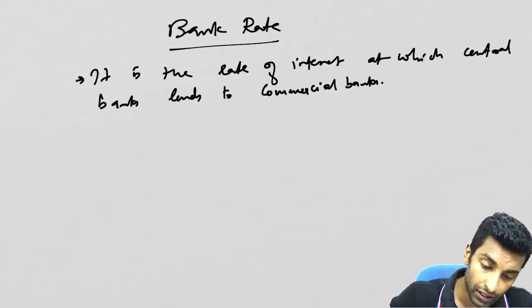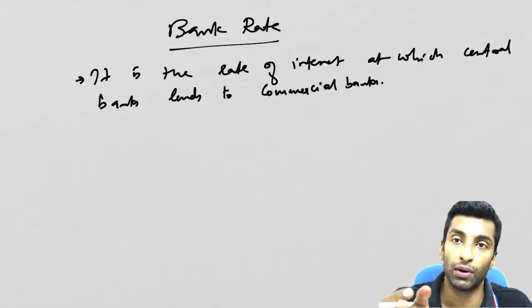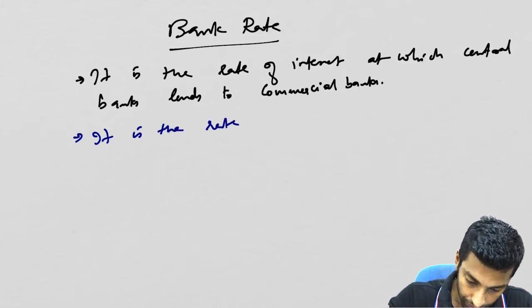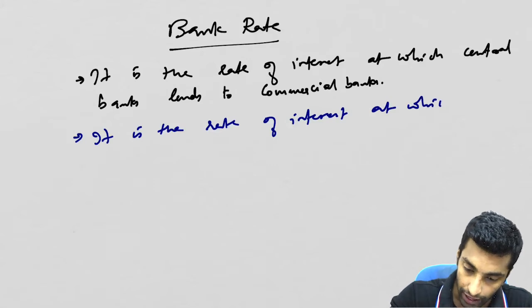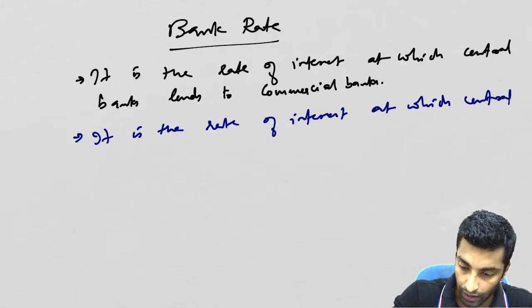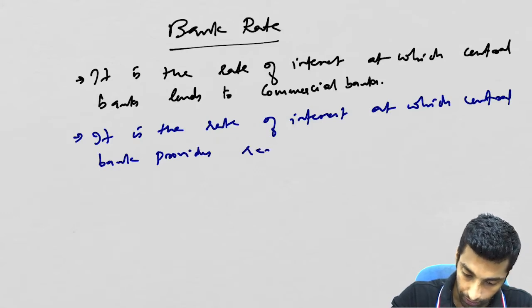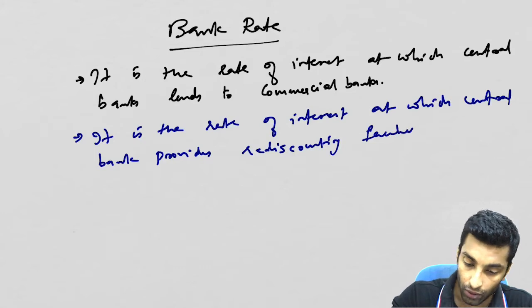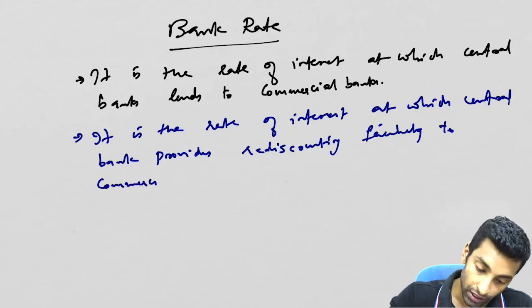Now there is a technical definition. I'll give you the technical definition also, and I'll explain what the technical terms are when we discuss repo and reverse repo. So here it is the rate of interest at which central bank provides rediscounting facility. I'll tell you what is rediscounting facility. Here itself I'll tell you, to commercial banks